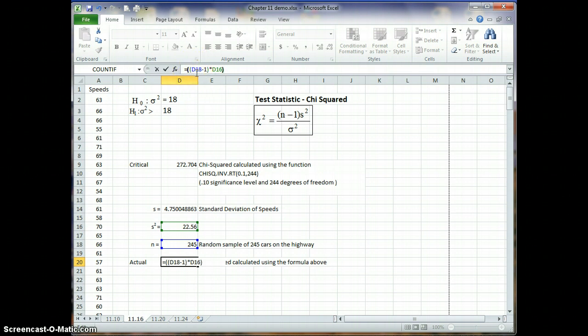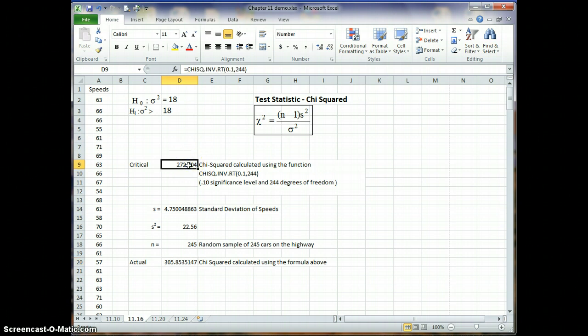Let me put another parenthesis in. Divide it by the sigma squared, the 18 in D3. And that gives us 305.8535. So based on the 10% significance and the 244 degrees of freedom,